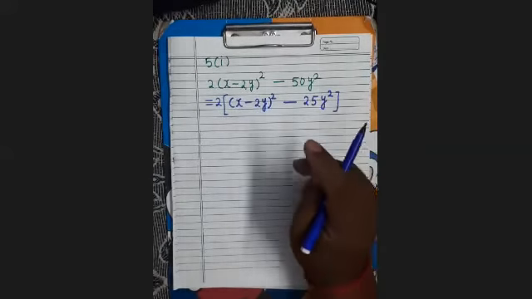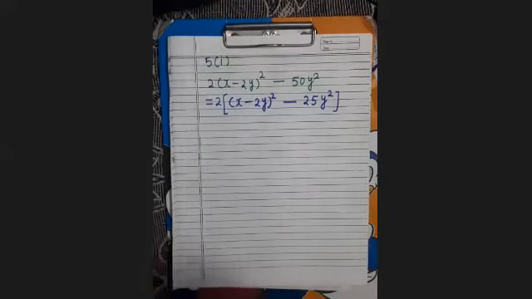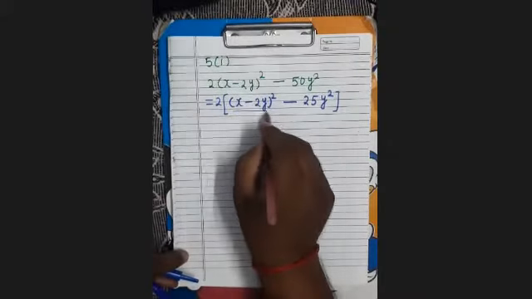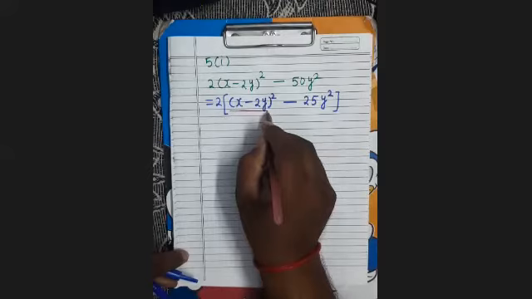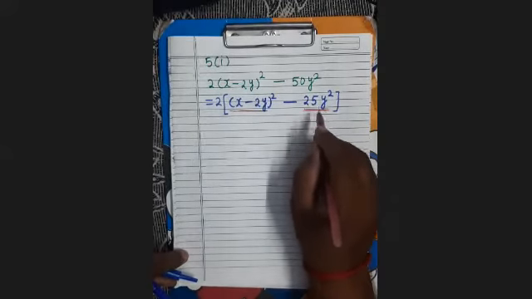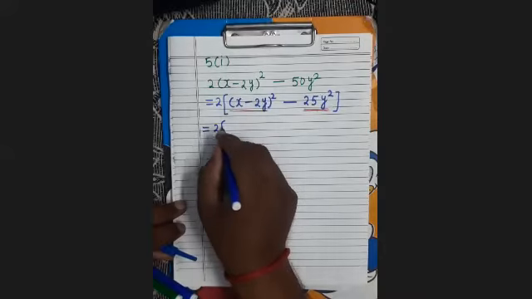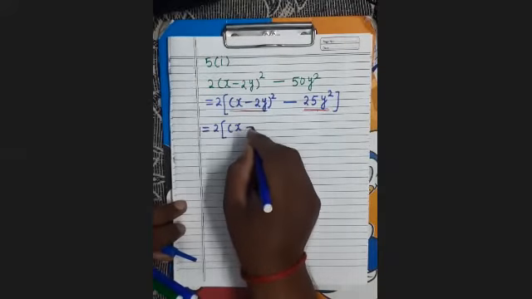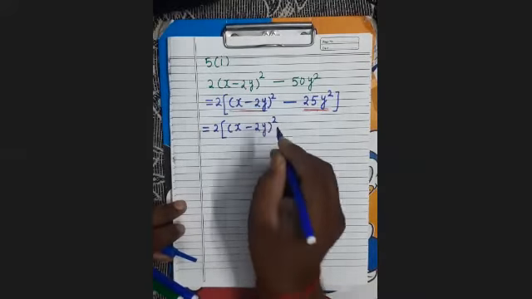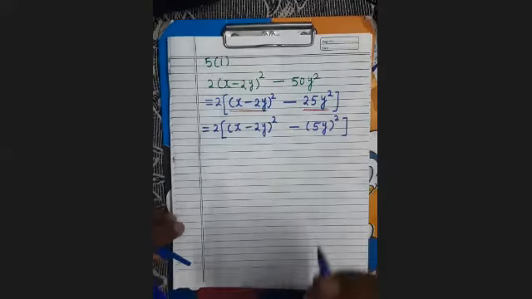Now all of you see here. If you see here, you will find that this is in the perfect square form. ये तो whole square के form में है. It's clear? But this is not in the whole square form. We can write it in the whole square form. And how will you write? 5y whole square.